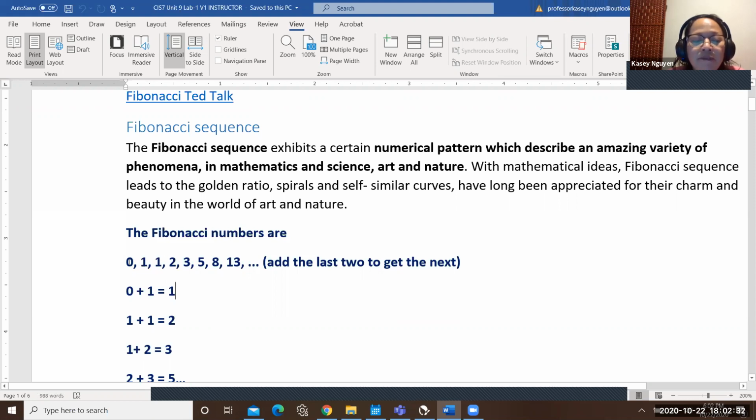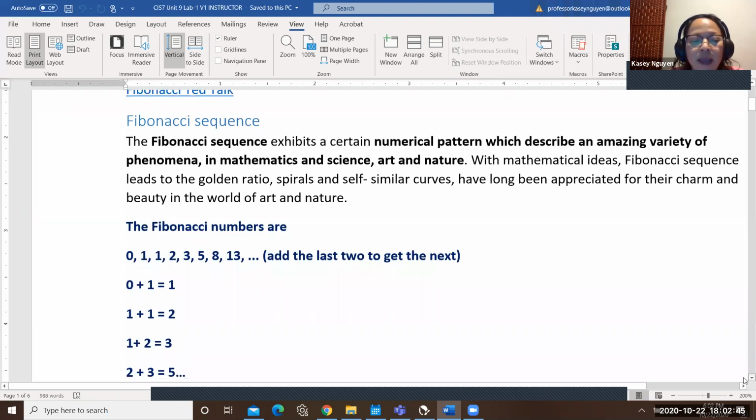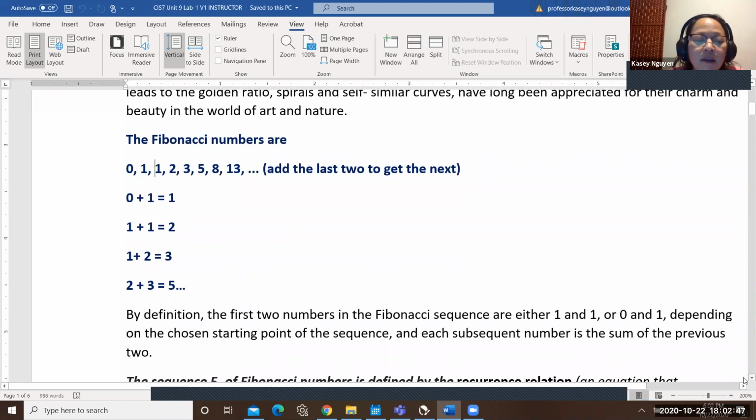And that's how you get from 0 plus 1 to 1, 1 plus 1 to 2, 1 plus 2 to 3, and so forth. And it can continue forever. Here on page 1, it shows you what the Fibonacci numbers would look like.